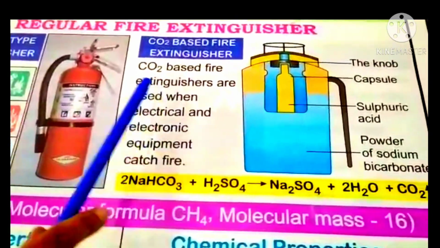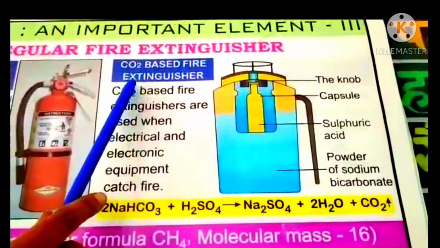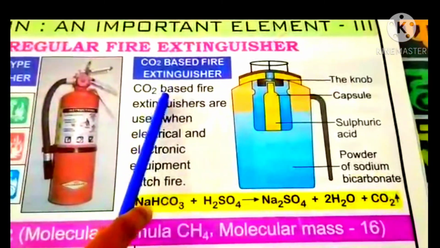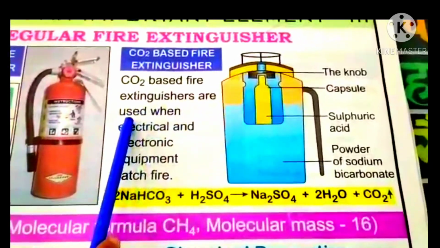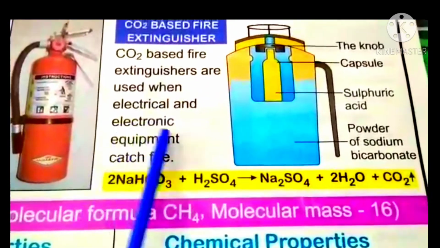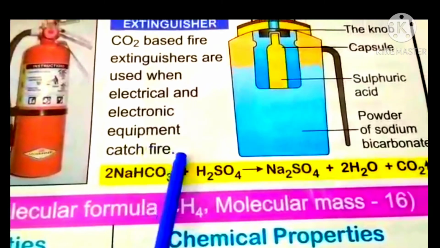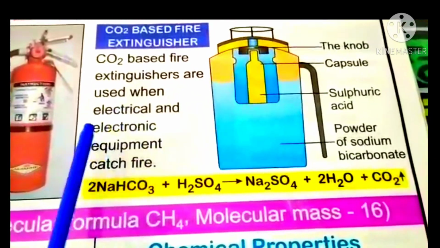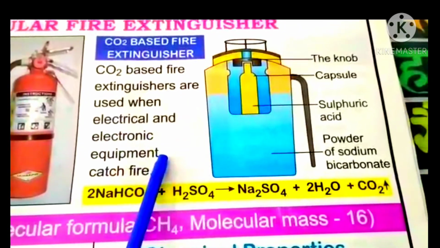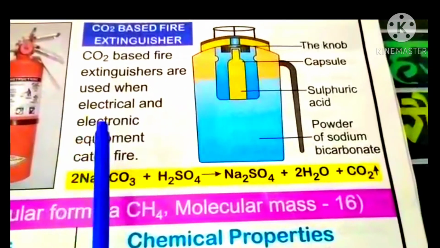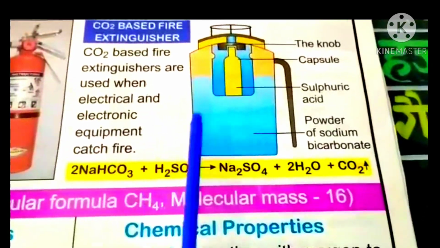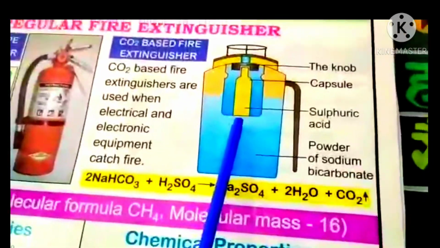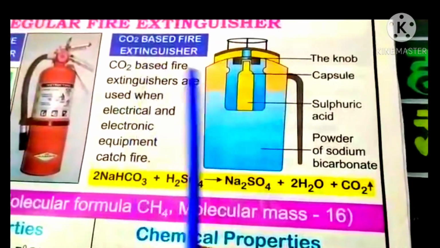Now, as I have explained, carbon dioxide gas is used for fire extinguishers. Mostly carbon dioxide based fire extinguishers are used when electrical or electronic equipment catch fire, because we cannot use water to put out a fire wherever there is an electric short circuit, and for that we use carbon dioxide gas. Now let's see how the cylinder of a carbon dioxide fire extinguisher is constructed and how you can use